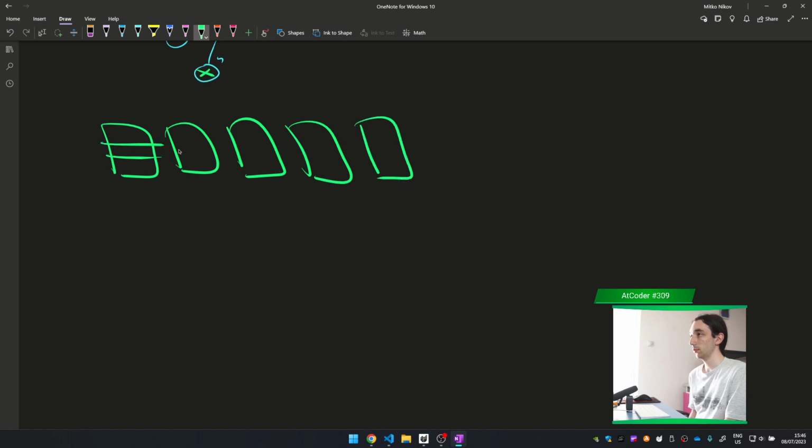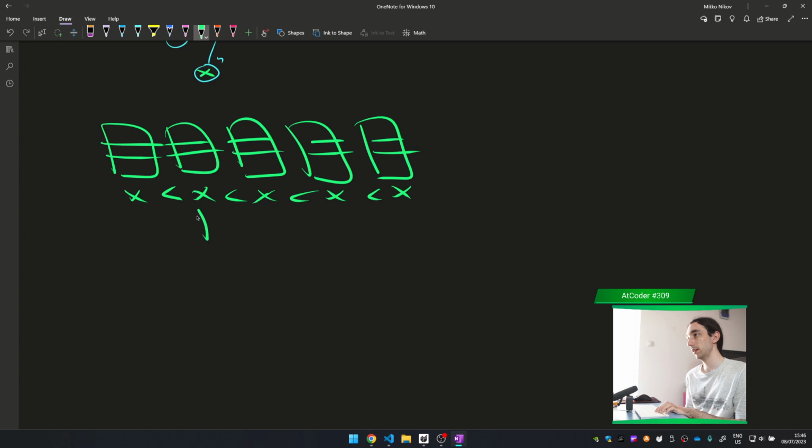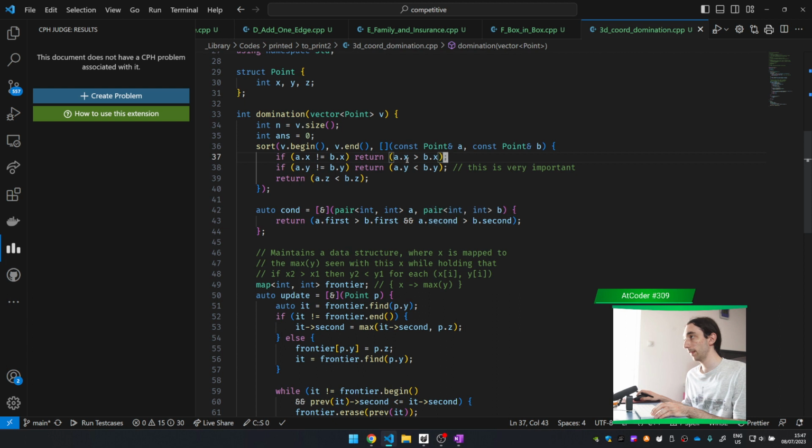you could imagine all of these points as some boxes. It doesn't quite matter, but they are all sorted by x coordinate first, and that means that the next point has a bigger x coordinate than this one. What we want to achieve is to find a point such that it dominates some other point fully here. We know that this point will dominate, so we know that